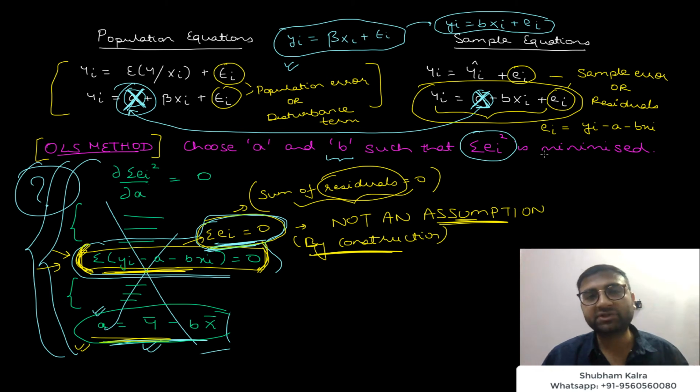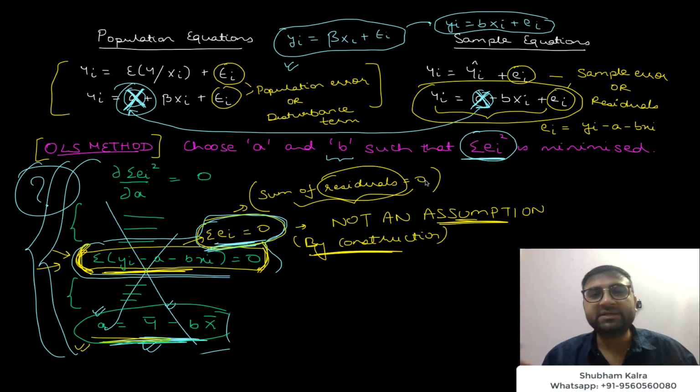So you have to make sure that this A that you have calculated over here minimizes the residual sum of squares. Then you should ideally check the second order derivative as well, which should turn out to be greater than 0, because that would imply that this has minimized summation of ei square. This is something that you don't have to do because we know that this is going to happen, but I